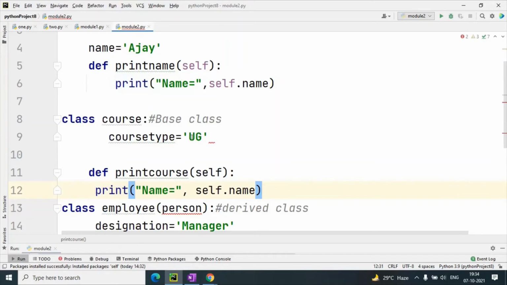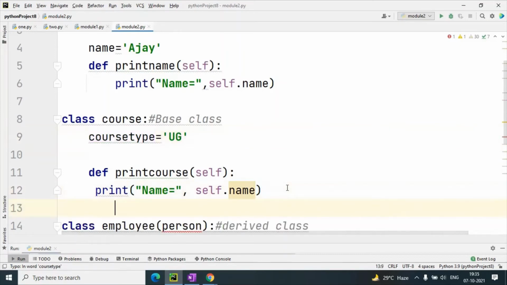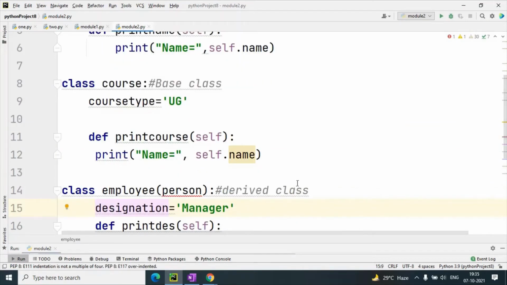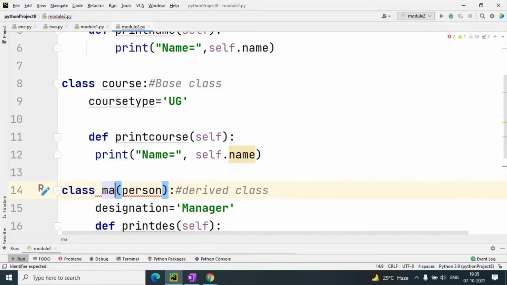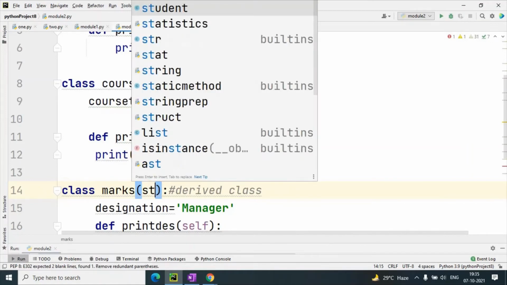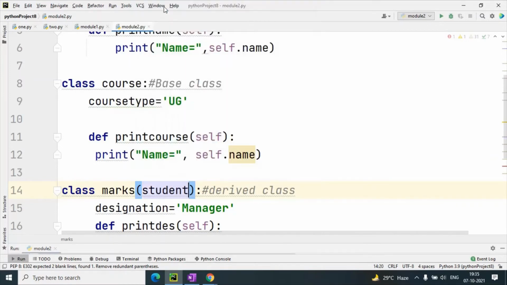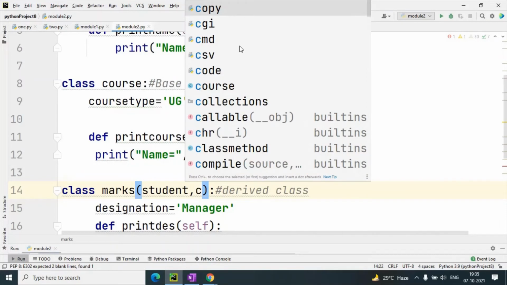And now the third class, that is the derived class, the marks class, and in this marks class we have inherited two classes, that is student, and the second one is the course class.